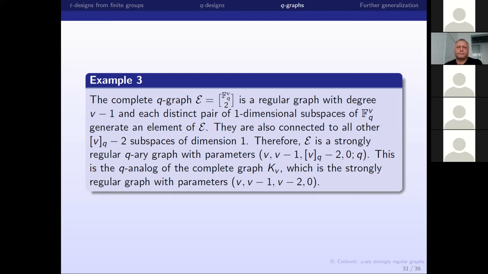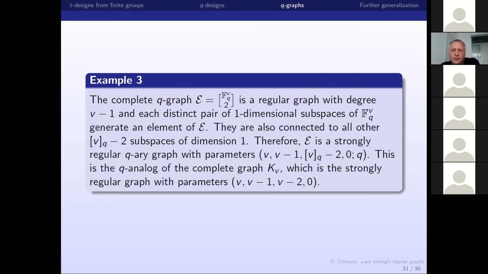And the complete graph, when we take all these two subspaces, is actually a strongly regular graph with these parameters. This is the q analog of the complete graph, a strongly regular graph with parameters v minus 1, v minus 2, 0. We were happy when we noticed that,